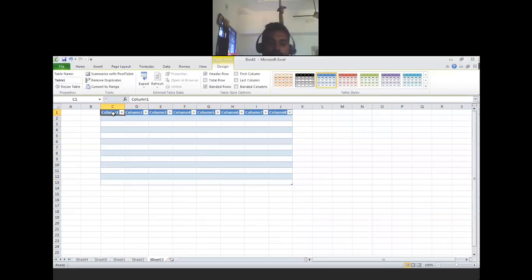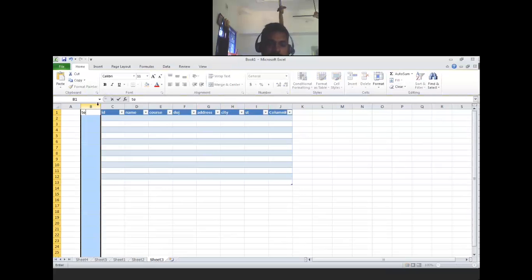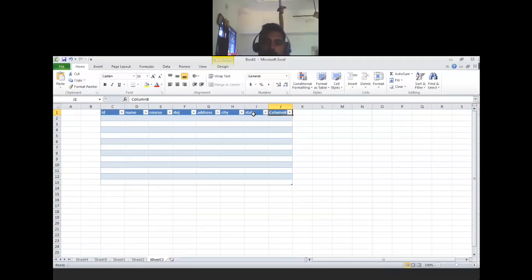You can edit things if you want: ID, name, codes, date of joining, address, city, state and country. Like that, you can fill in whatever data you want.